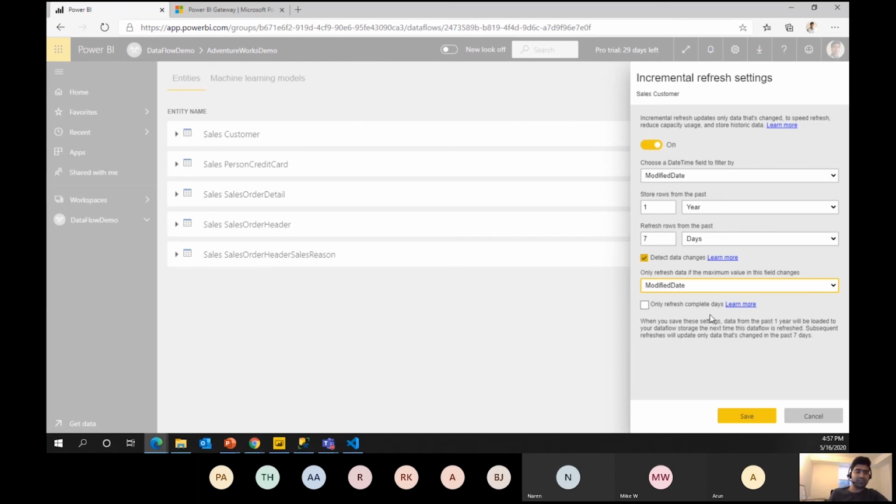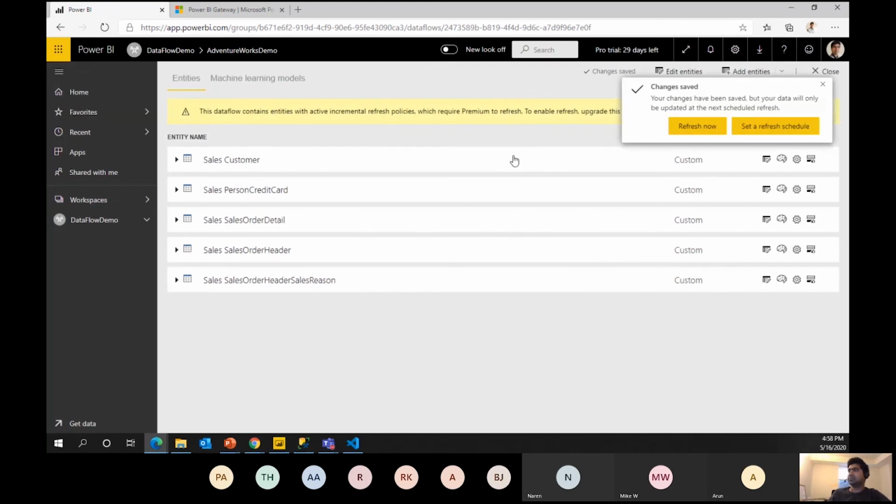So this is a very big feature, because without this, if you have ever worked with Power BI, you know it is such a pain that you will not be able to work. You will not be able to refresh a huge data set. Every time you try to refresh, either your Power BI will hang if you're dealing with huge volume, or it will take maybe hours to refresh the data. But with this incremental feature, it's like awesome. You're just refreshing the last few records, so you are not going to refresh the entire 10 years of your record. Maybe you will refresh the last 1 year, or 1 month, or 7 days. So this is a very strong feature that way. So I will go ahead with that.